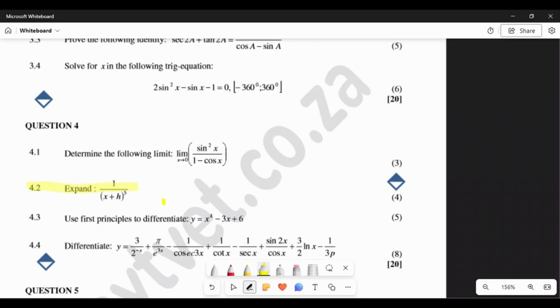If they don't specify, end up on the fourth term. Now let's copy this question. Alright guys, as you can see, they want us to expand this. In order for you to expand this, you need to simplify it so that it looks like x plus h to the power of n. Right, as you can see, this doesn't look like that, so that we can use this formula here, the